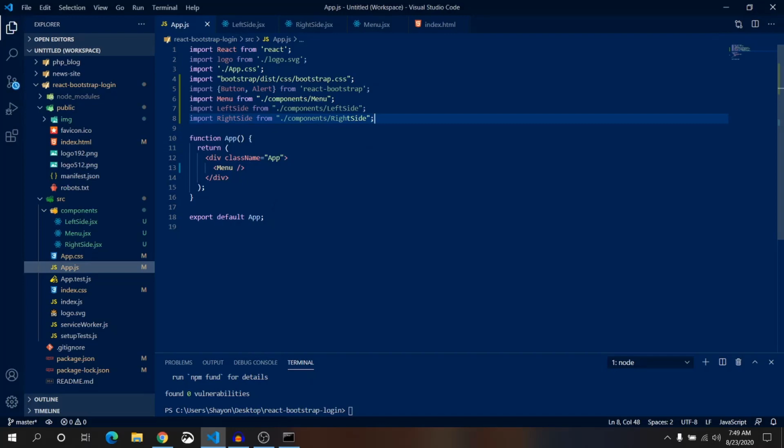Okay, let's take these two elements and wrap them with the wrapper.